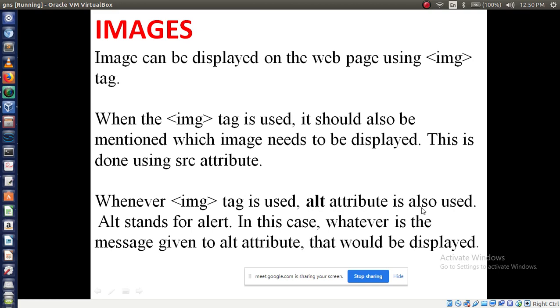Alt stands for alert here. In this case, whatever message is given to the alt attribute will be displayed when your image is not displaying in the website. That is the alt attribute.